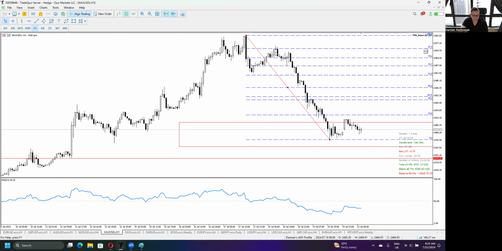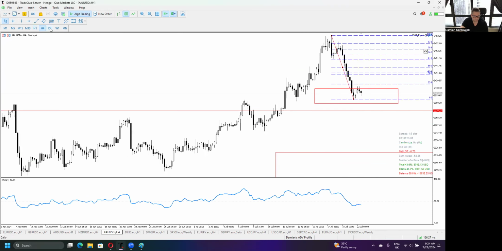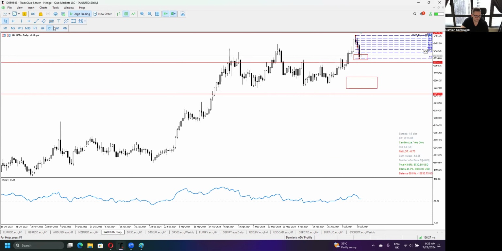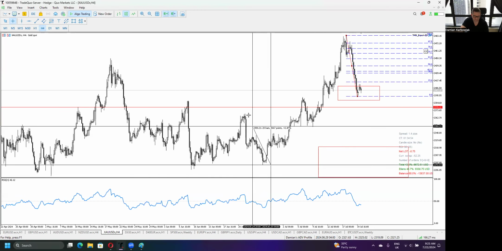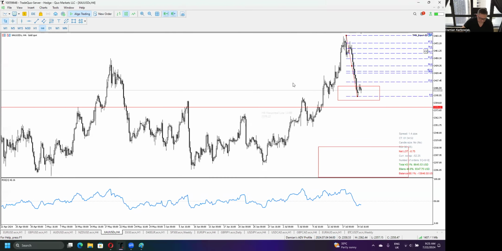After that, a test which stopped at the level of 61.8 and then continued to fall down. After all, gold came to the level of 1-to-1 with the biggest correction in the last movement, which is this one. So according to that fact,